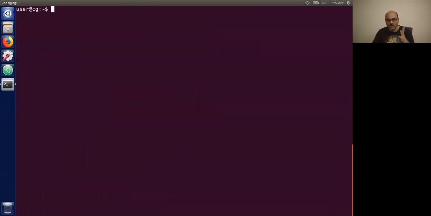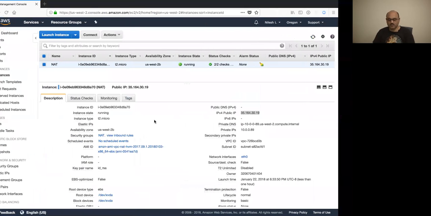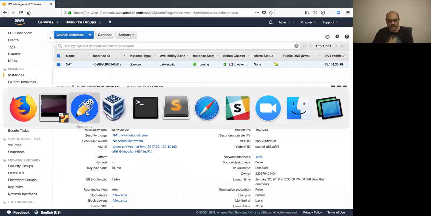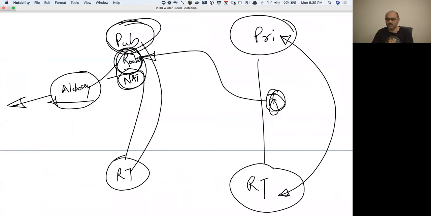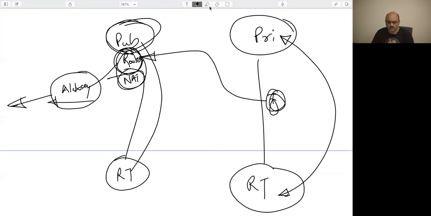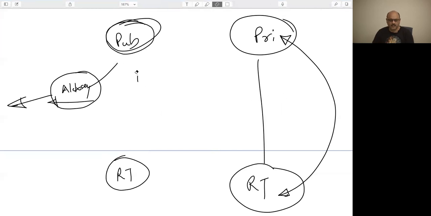That's fine. Now comes the actual machine that I want to create somewhere out in the back. And I think we have some time, how much? 39. So we have 20 more minutes. So we can do something meaningful. Okay. So what I want to do now is get some machines going here on the private subnet. Let's clean it up